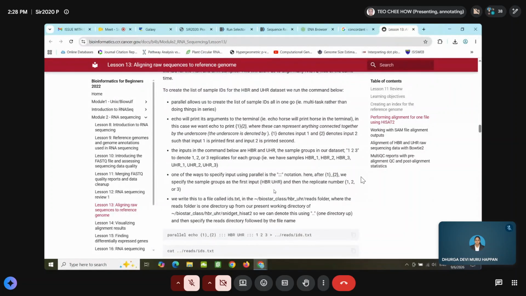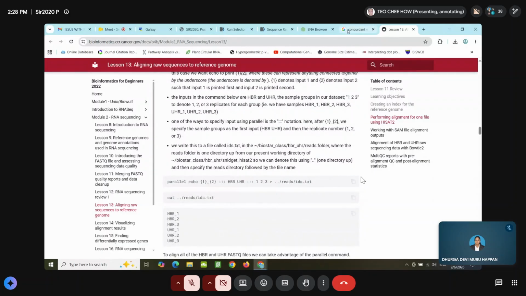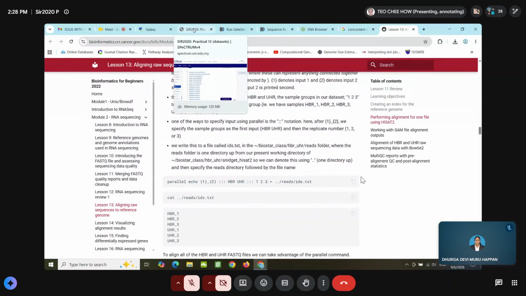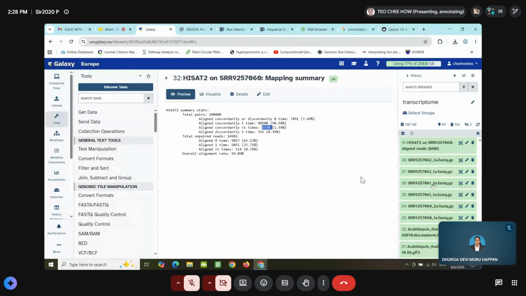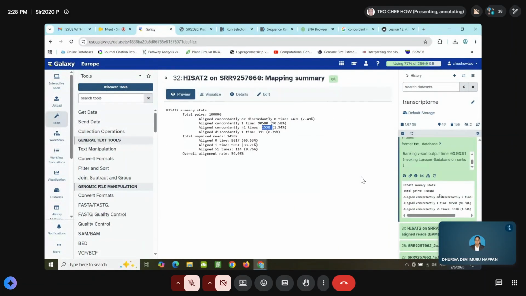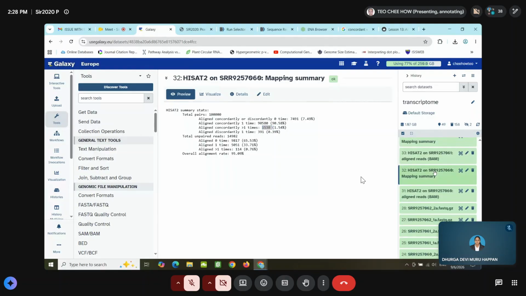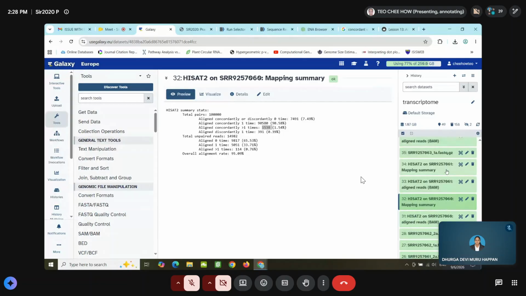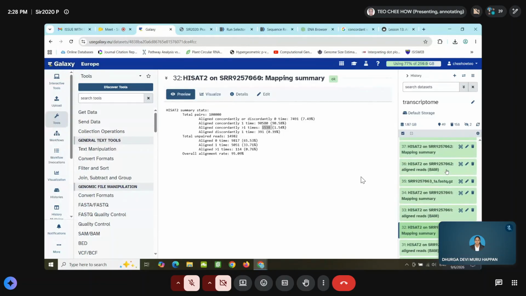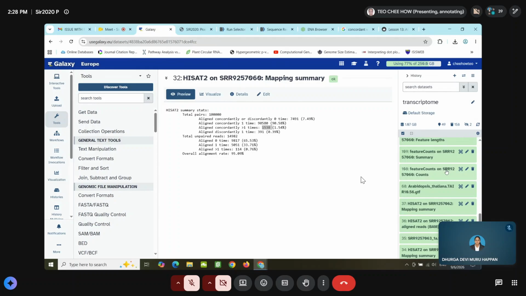You can check from here. So you need to repeat 4 times, because you have 4 datasets. You need to repeat for 60, 61, 62, and also 63, or the others.